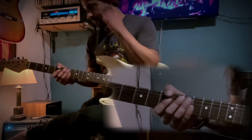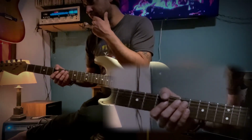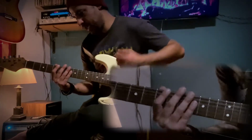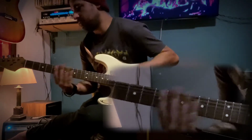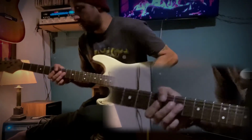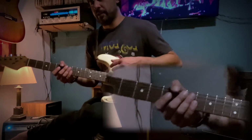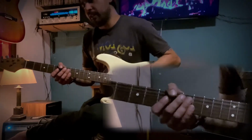An example would be Stevie Ray Vaughan. He would play songs where he wouldn't even be playing anything here, but it was the way he would hit the downstroke and the upstroke. That's why you should always kind of feel whatever it is that you're playing. You should have a rhythm that goes with your...